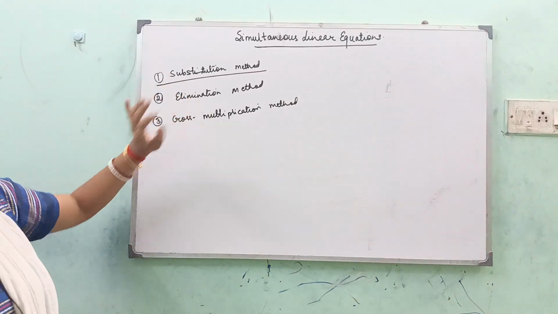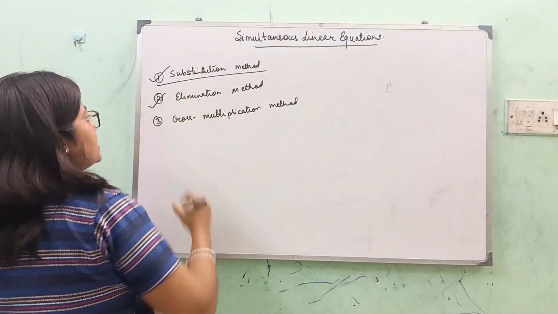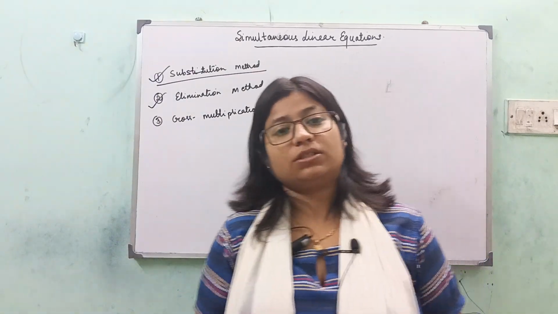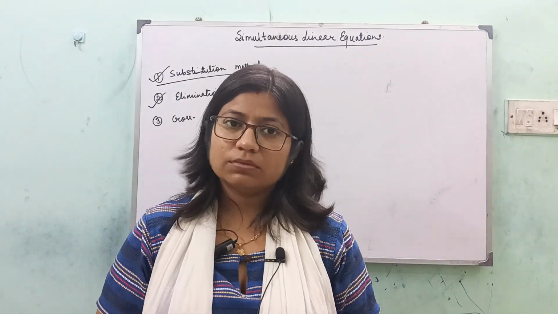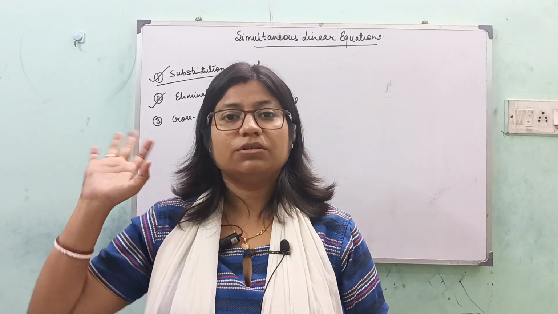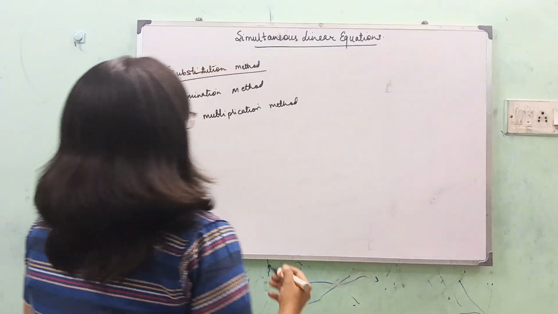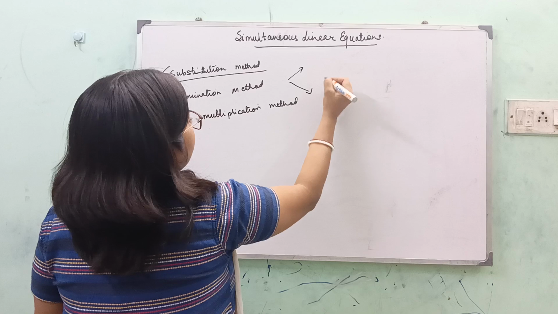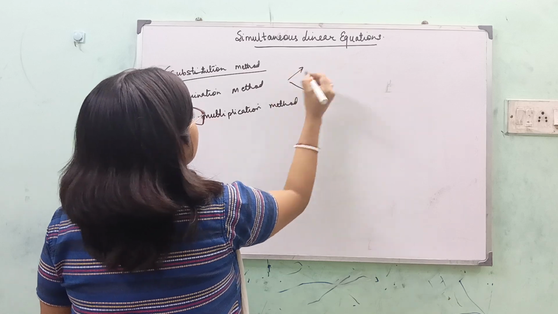Now, going to the second method, that is the elimination method. As the name itself tells you, elimination means removing. So there is something which is being removed in this process. Now, what is this process? In this process, the first thing that you will be doing is,